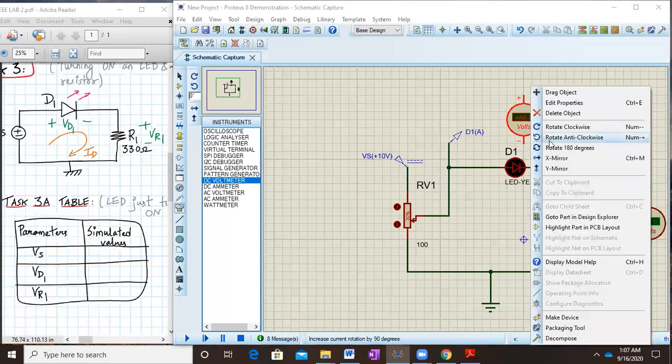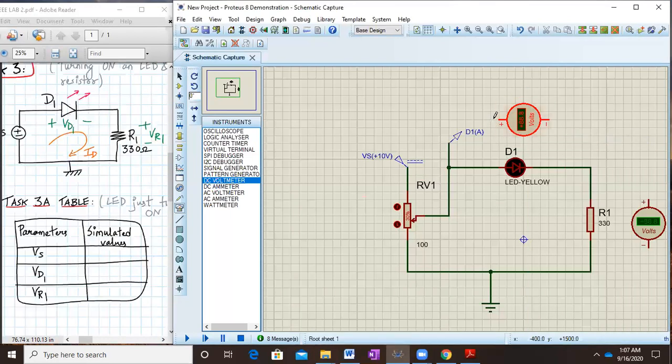I can rotate it anti-clockwise and attach it into the circuit like this. This will directly measure my voltage across the LED diode, and this will measure my voltage across the resistor R1.